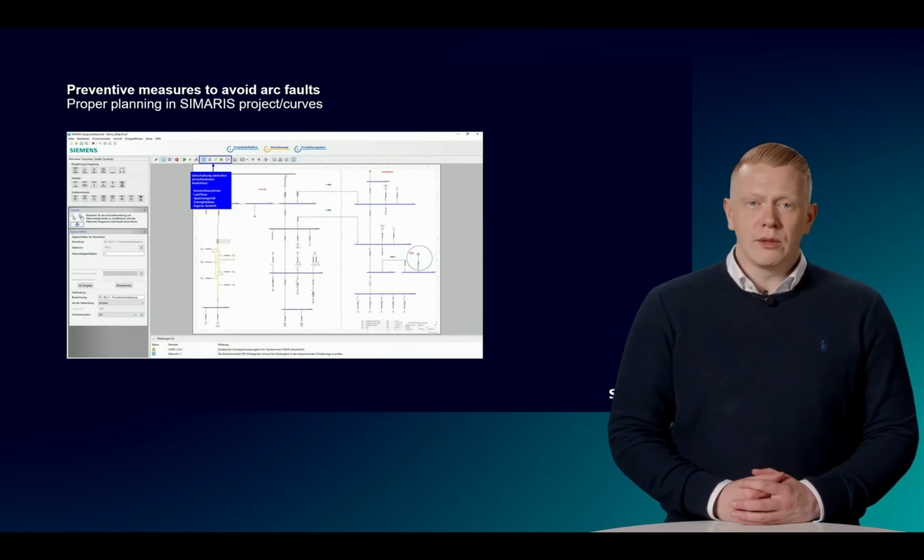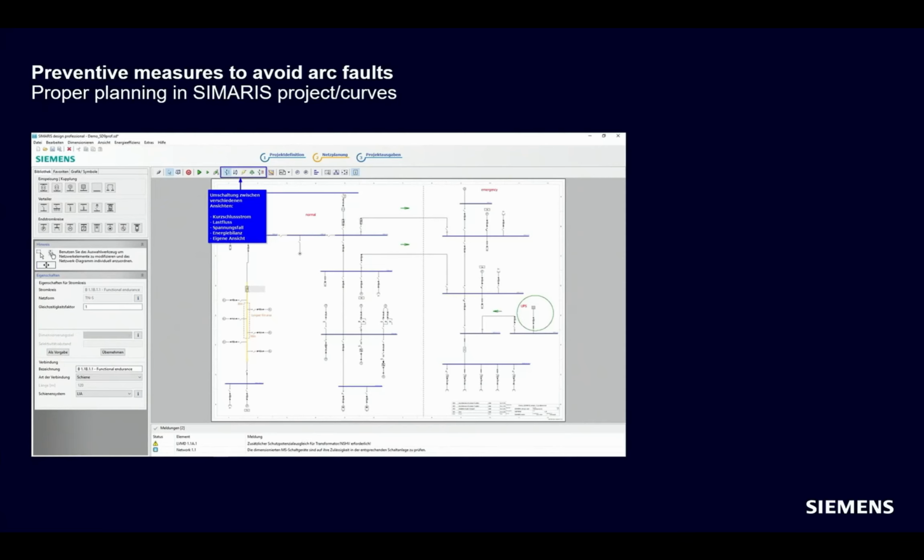In addition to Semaris Project as a planning tool, Semaris Curves as a visualization of the time current characteristic curves, and thus the trip characteristic curves, we offer Semaris Design. This allows you to simulate your grid setup and use the results to design your switchboard and protection devices to meet the requirements.